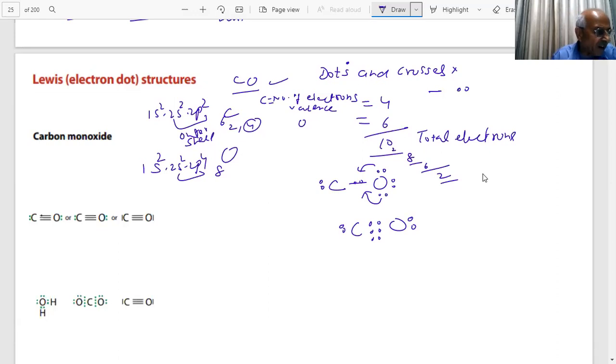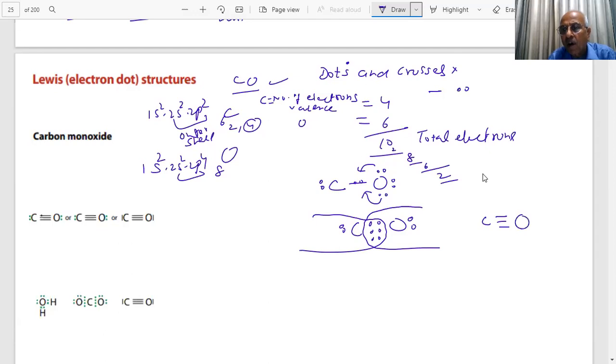Now in this case, students, what do you find here? Carbon has got 6 plus 2, 8. And this oxygen has got 2 plus 6, 8. Is it? Tell me. In this structure, what are we trying to show? This is 1 bond, 2 bond, 3 bond. 3 lines. Oxygen, 2 electrons and 2 electrons. So this could be a Lewis electron dot structure for CO. Yes or no? Tell me. Yes, sir. 8 electrons with the carbon and 8 with the oxygen. It is a triple bond.